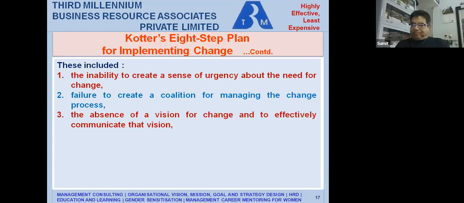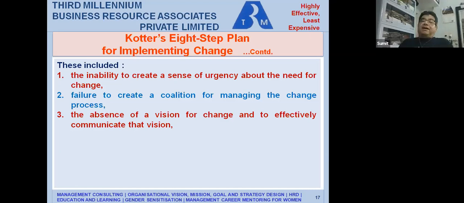You can't tell your sales team, oh, please keep on doing things, if you work hard, sell more, if we have more market share, we will become the number one company in the world. But along with that, if you don't tell them that if you achieve this, you will be promoted, you will be given this incentive, your salary will increase by this much, please don't expect them to work just because you want to be number one in the world, right? So the absence of a vision for change, and even if it is there, your inability to communicate that vision is a problem.